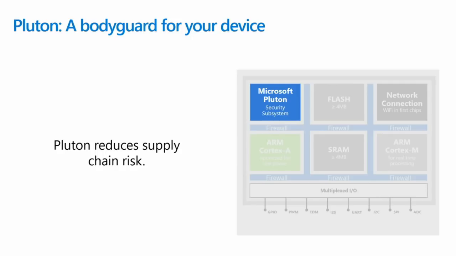The Pluton and Azure Sphere MCUs are known about from the time they're birthed at the silicon manufacturer. So as that chip comes out of the foundry, we know about its identity, we register that chip, and then we can basically know about the chip throughout its lifetime, which means we can tell what an authentic chip is and what isn't. Now, it accelerates common cryptographic tasks like ECC and AES. Protects against low entropy attacks, so Pluton is a true random number generator. It measures its own entropy. So it looks, for example, if you cool the chip down to try to reduce the space in which it's generating random numbers, it actually shuts itself off.